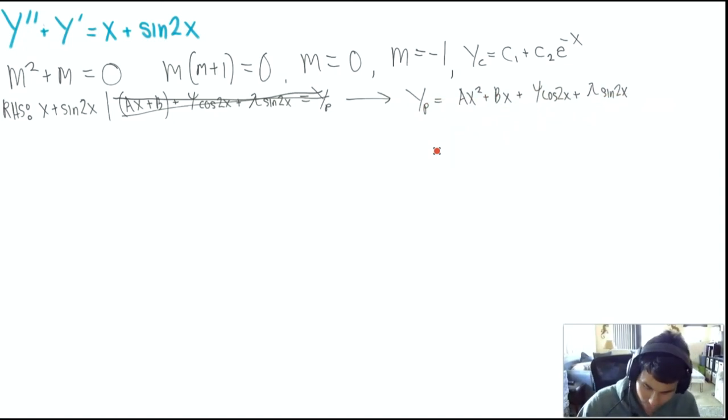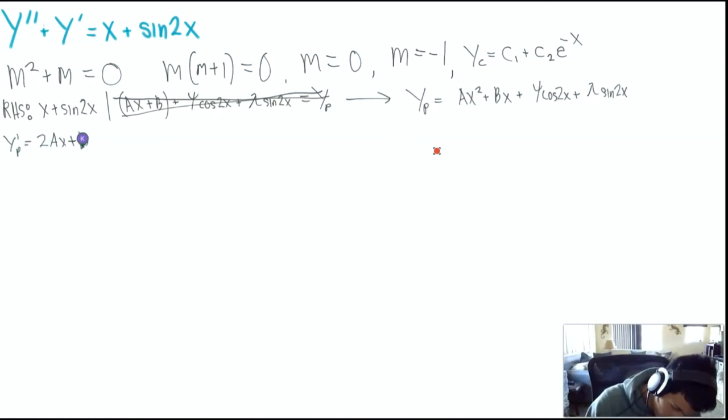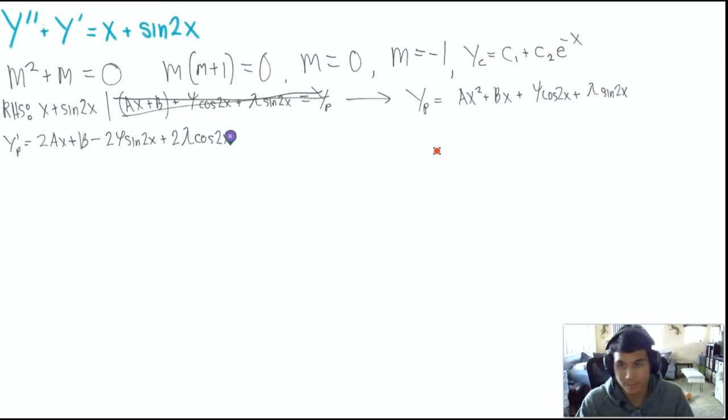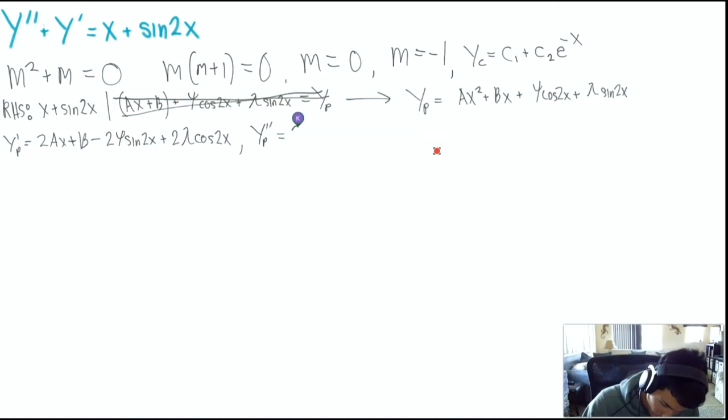Okay, so let's find y prime of p. Well, that's going to be 2ax plus b, and that would be minus 2 phi sine 2x plus 2 lambda cosine 2x, and then y double prime p. Well, that's just going to be 2a minus